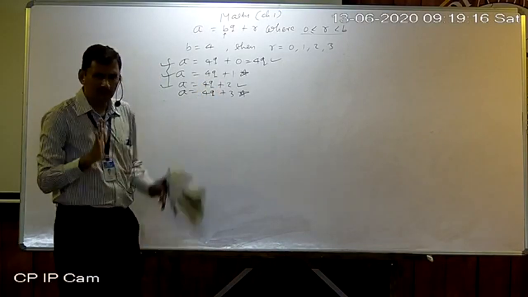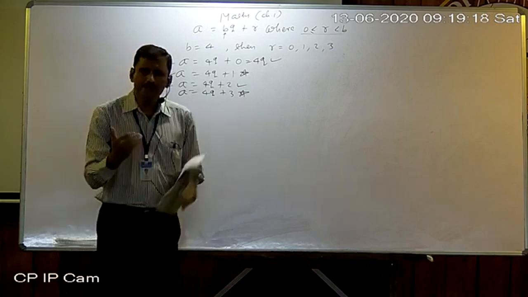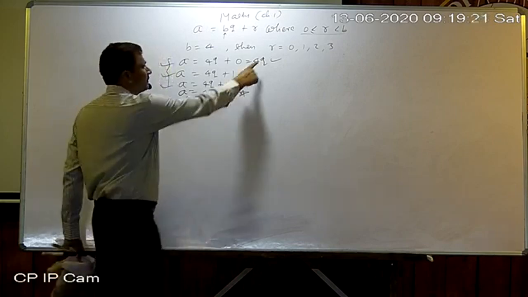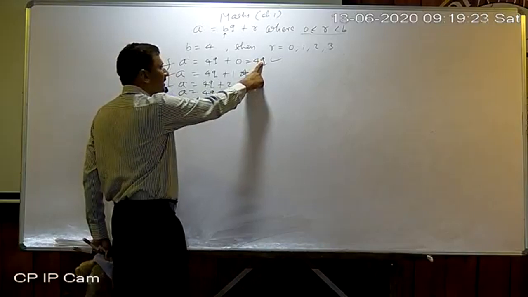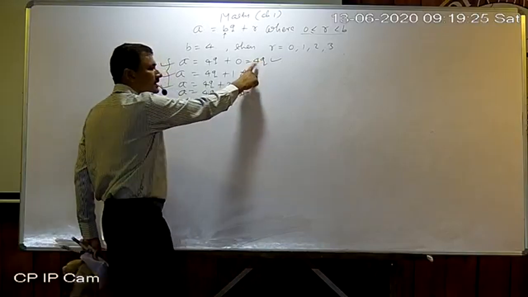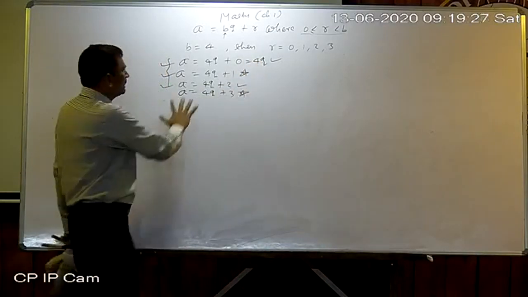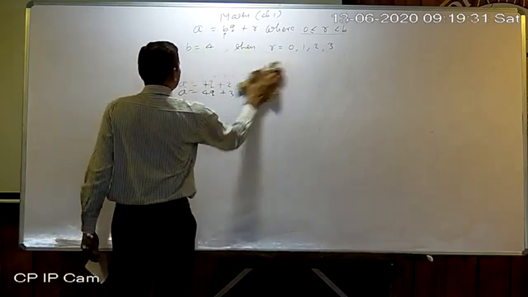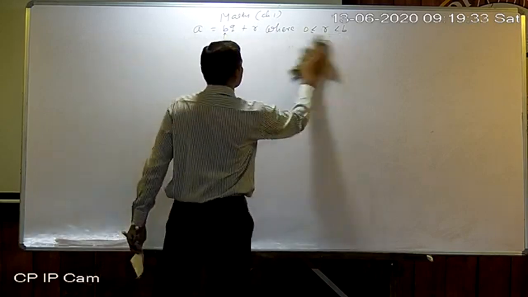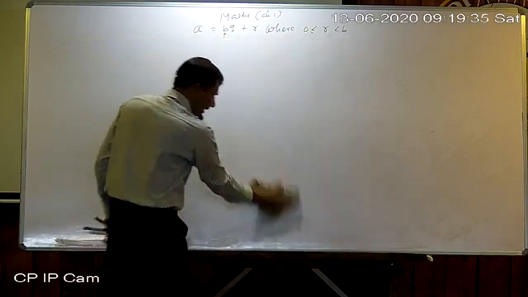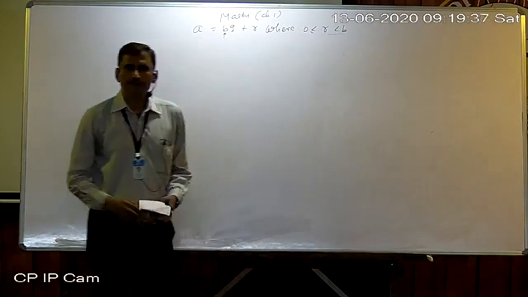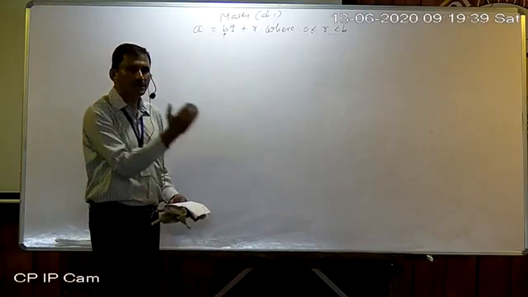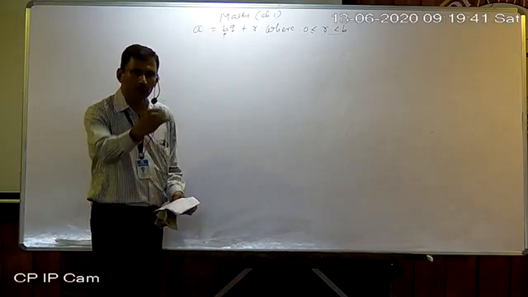Taking 2 as a common means dividing that expression by 2 only. Now here also 2 can be taken common. So this is the required concept behind our today's topic. Still, if you are not getting it, you will understand whenever we solve a particular example. So now we got to that point.